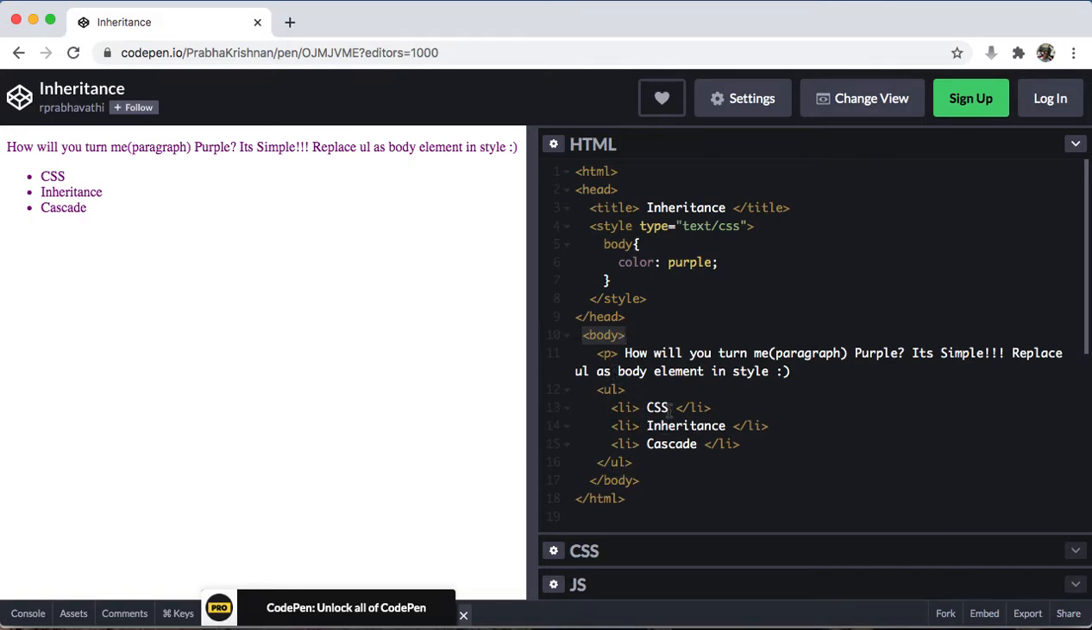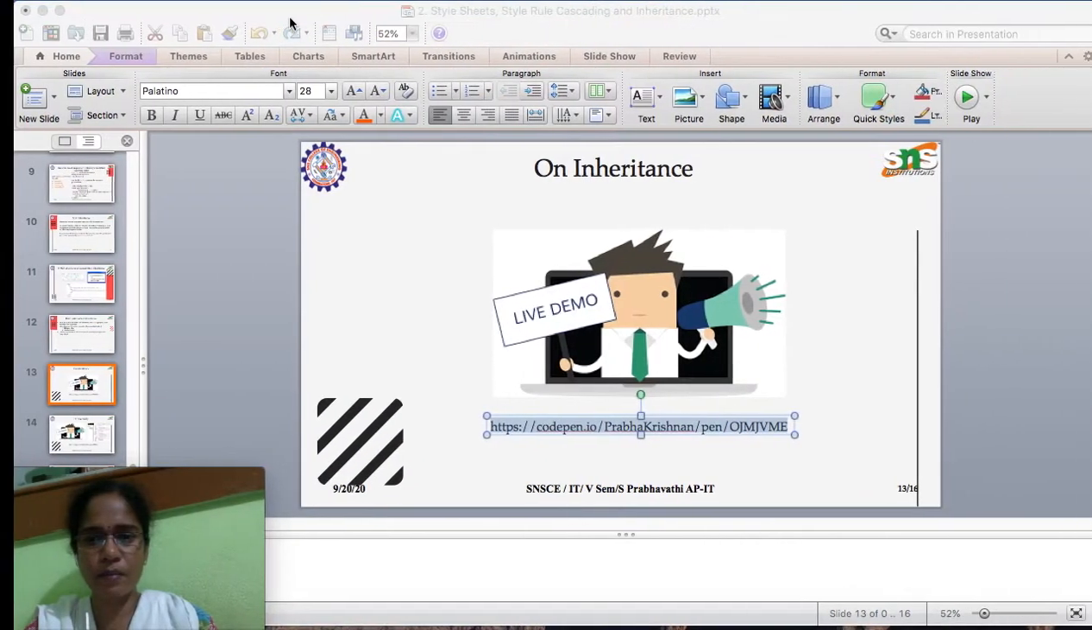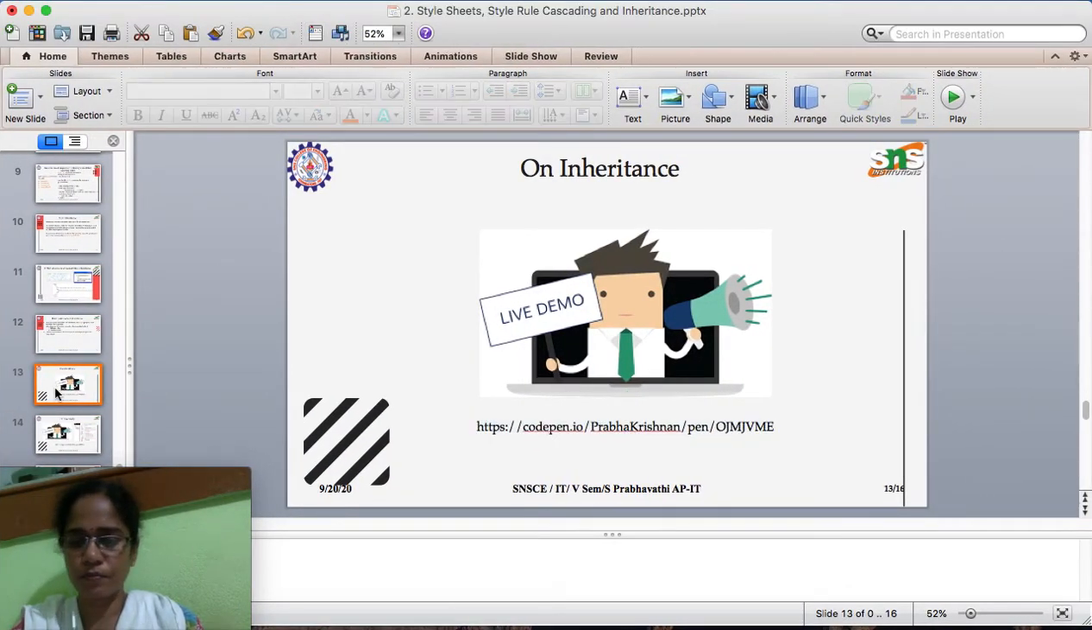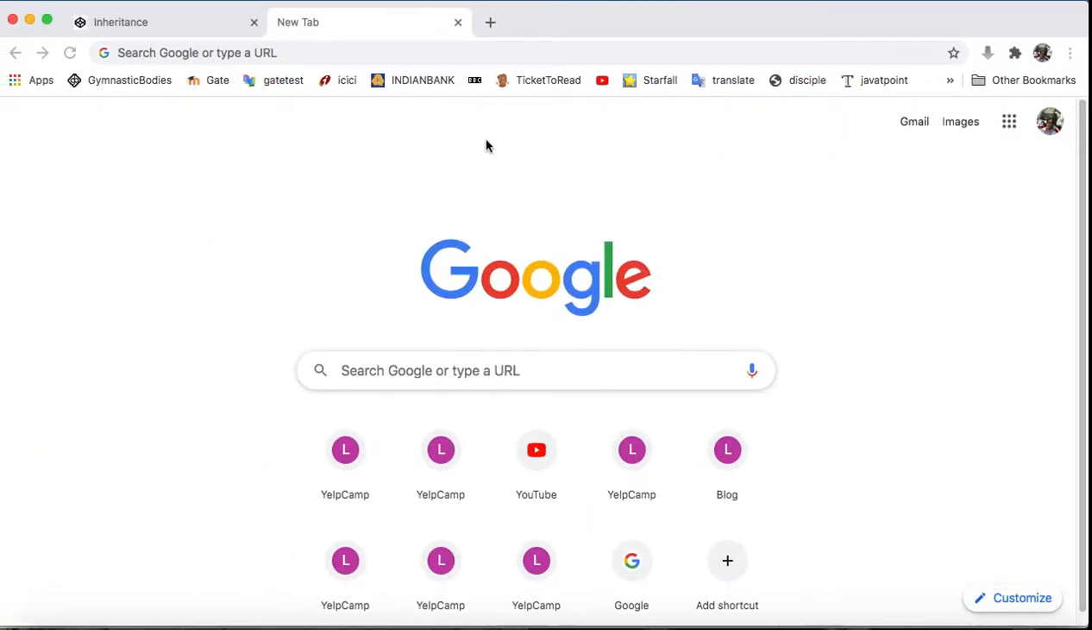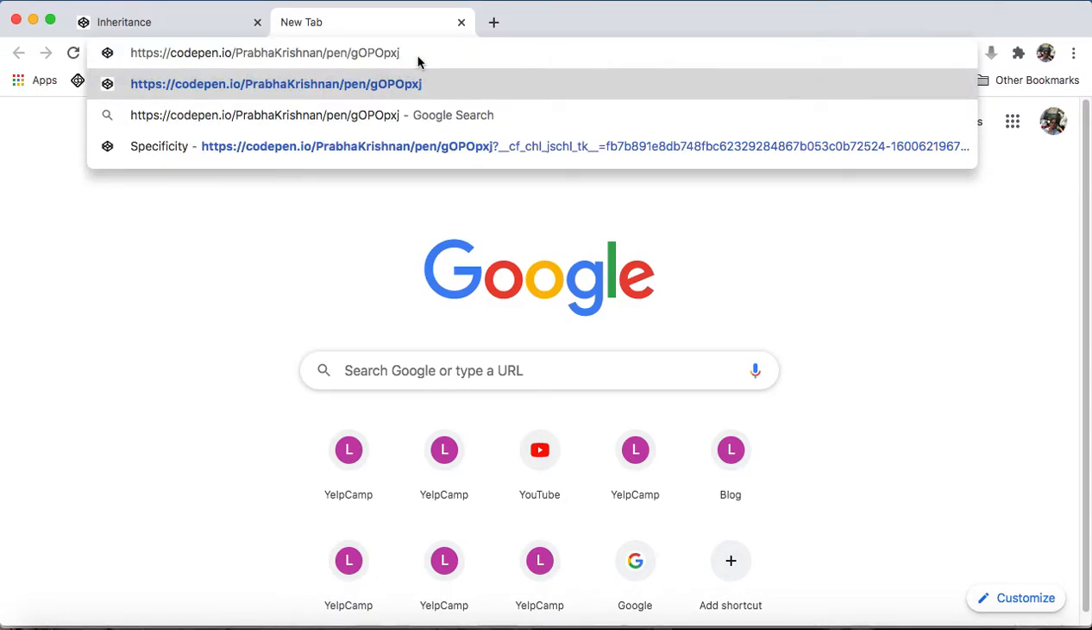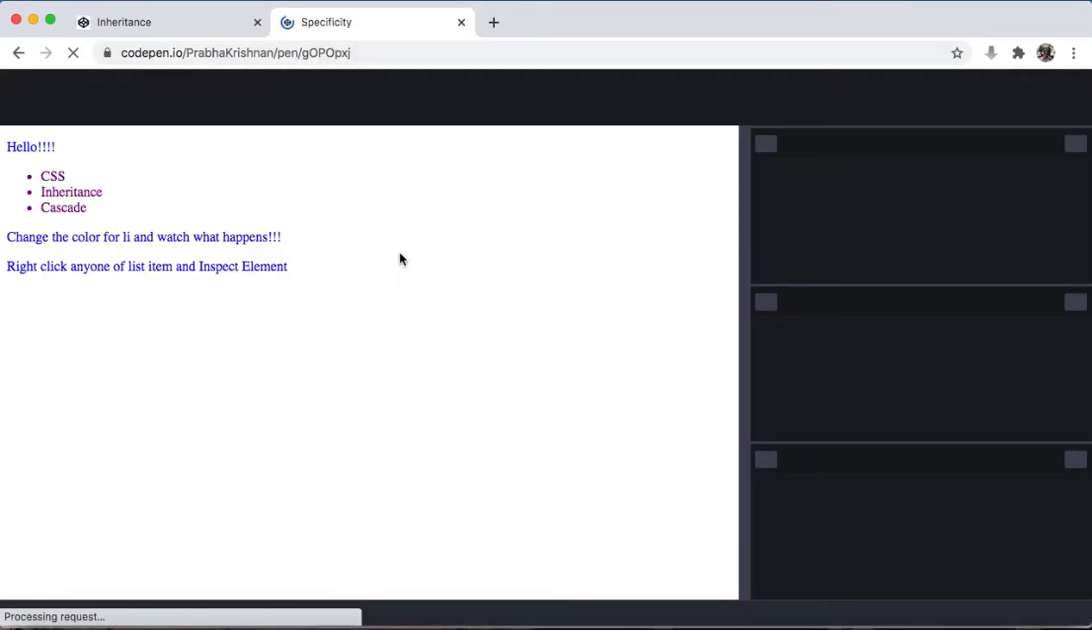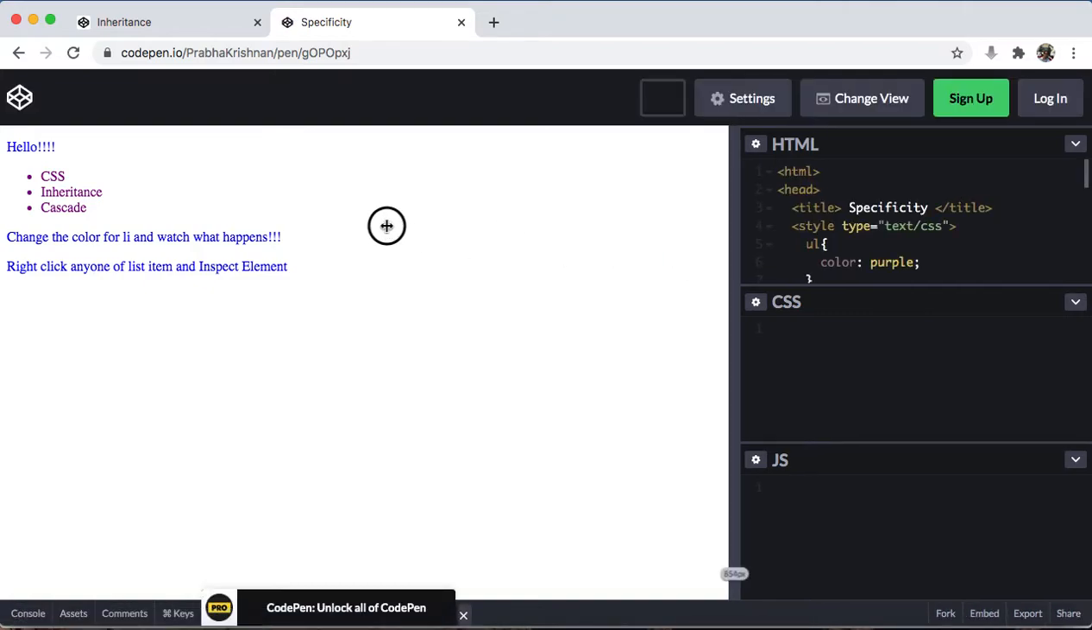And if there is any specific style, for example, if I define a paragraph with the ID selector, then that has higher priority than its parent body. Okay, so this is about inheritance. And one more example is about specificity. Let me copy the link and I'll take you to the code. So here what's happening,